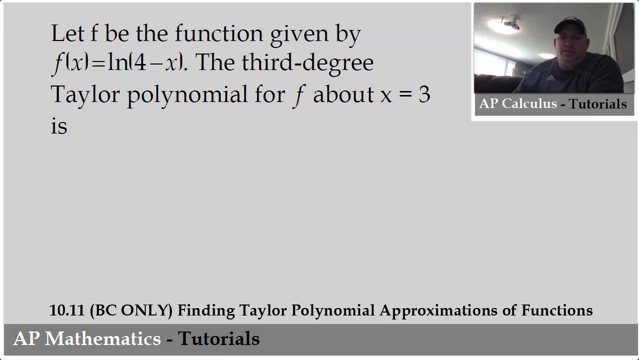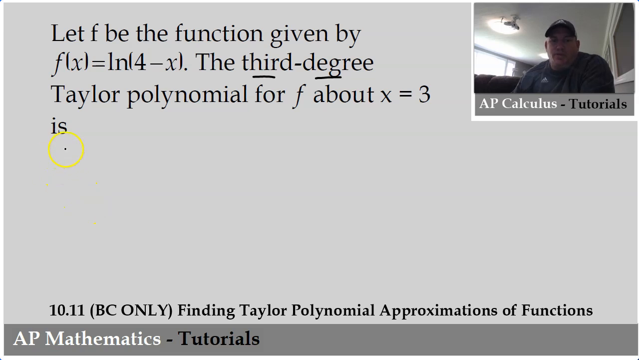Hello calculus students, we're here doing section 10.11, finding Taylor polynomial approximations of functions. So in this problem we have the function natural log of 4 minus x, and we're trying to write the third degree Taylor polynomial for this function centered at 3. So what we need to recall is that the